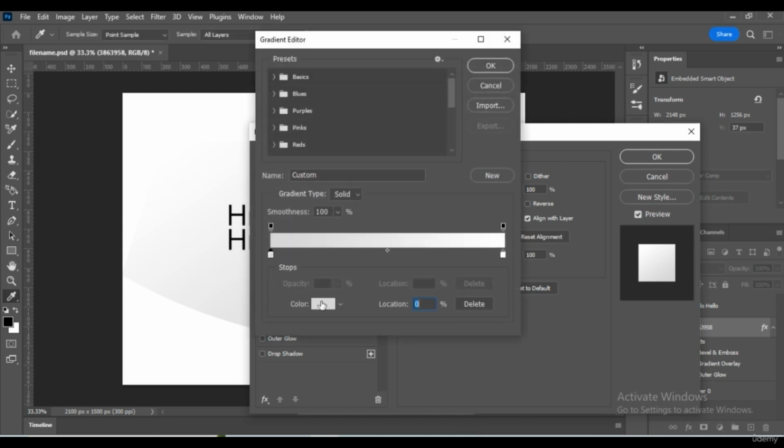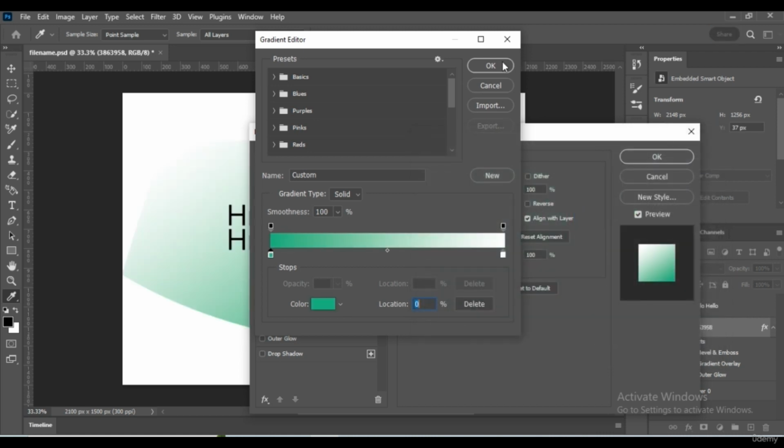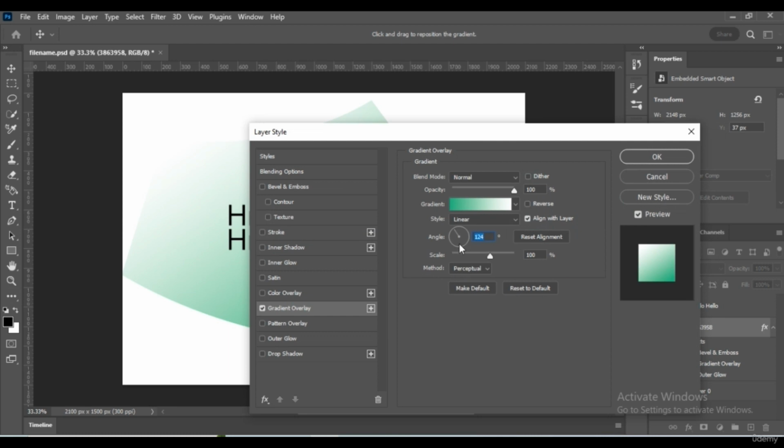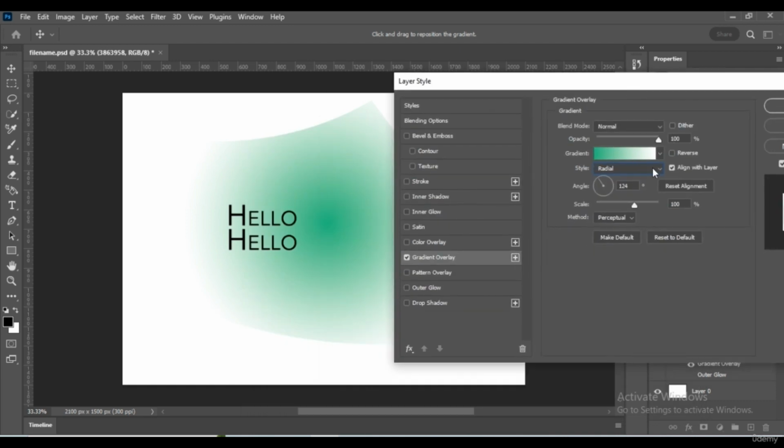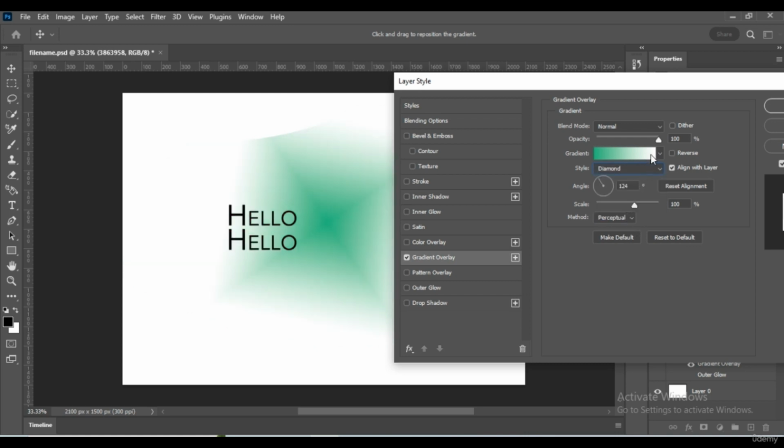Or maybe we can change the gray into green, so the shadow part will be the green part. Then the style. You can choose radial gradient in a radial pattern, or mirroring like this, reflected, diamond pattern, or whatever pattern the gradient will look like.